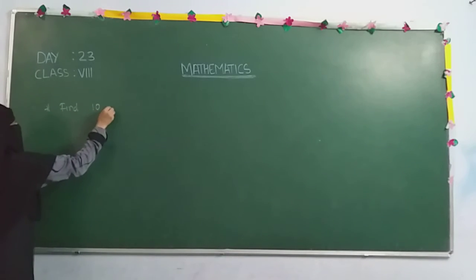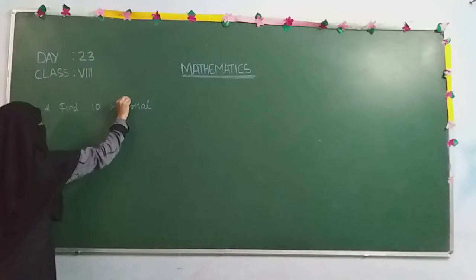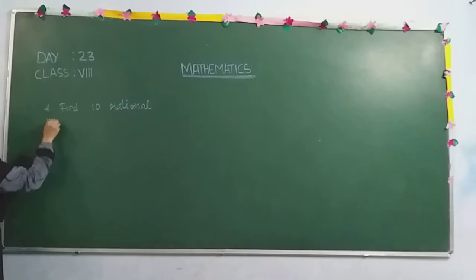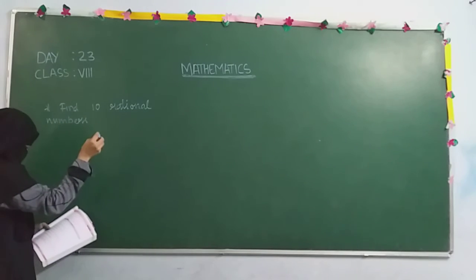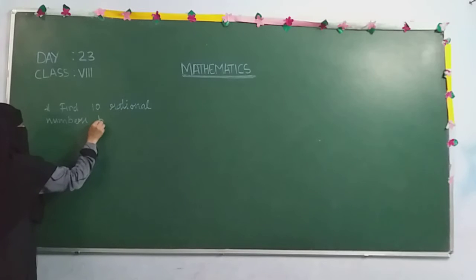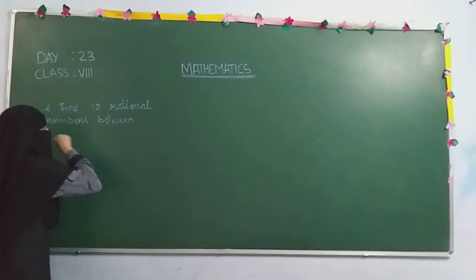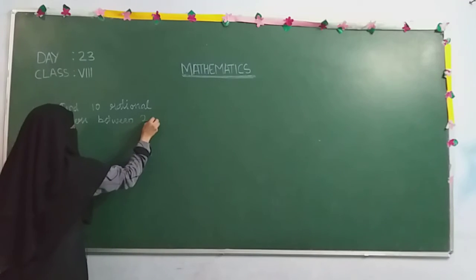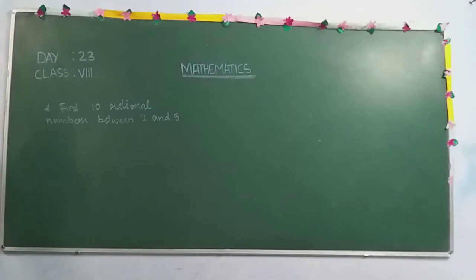Find ten rational numbers between 2 and 3. Okay, so we know very well, if we are talking about natural numbers, it is highly impossible